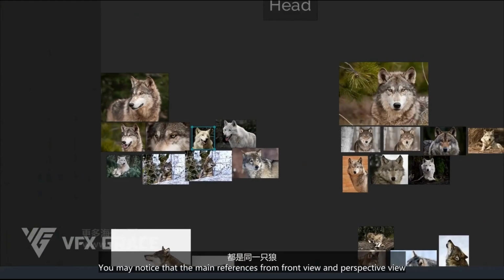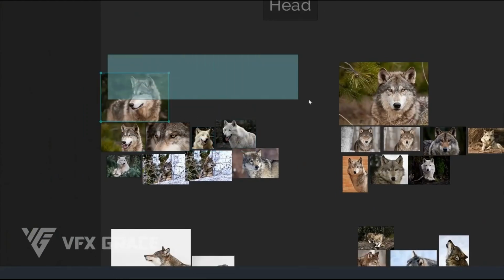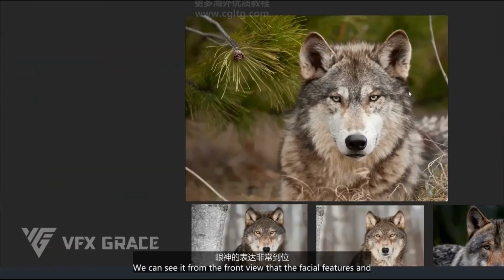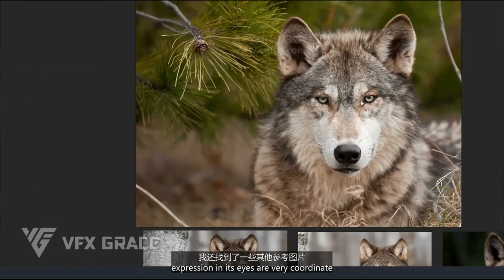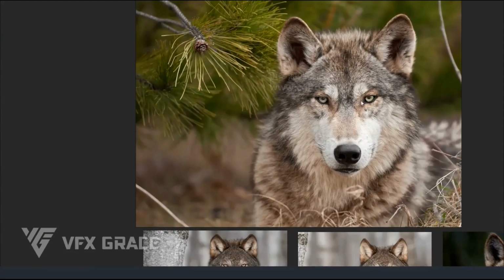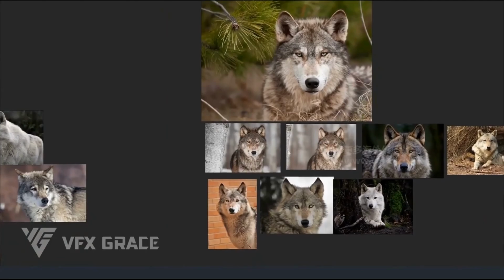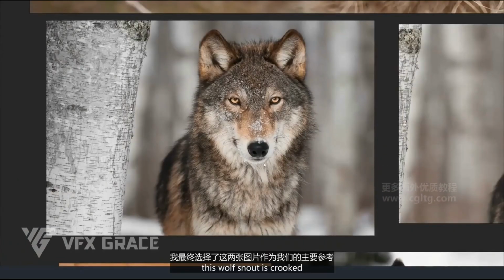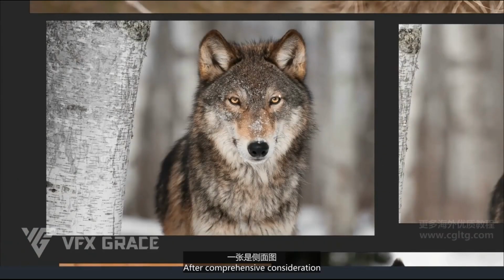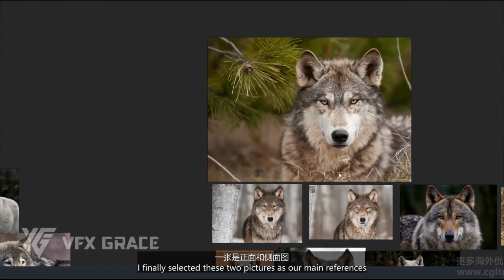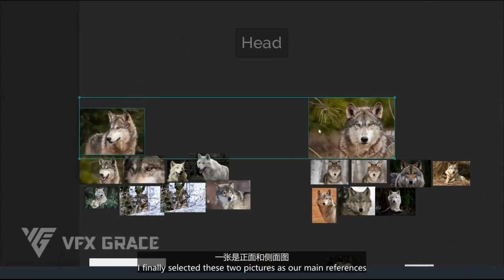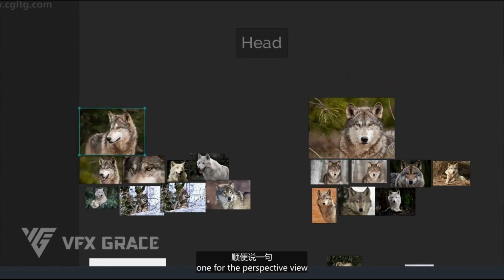You may notice that the main references from front view and perspective view are of the same wolf. We can see from the front view that the facial features and expression in its eyes are very coordinated. I also found a few extra references, some had defects though. For example, this wolf's snout is crooked. After comprehensive consideration, I finally selected these two pictures as our main references, one for the perspective view and one